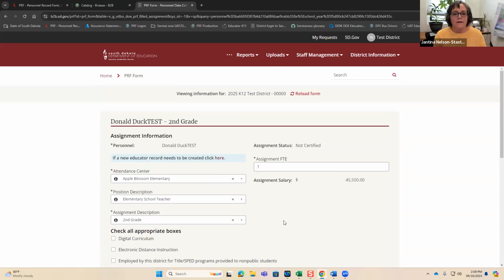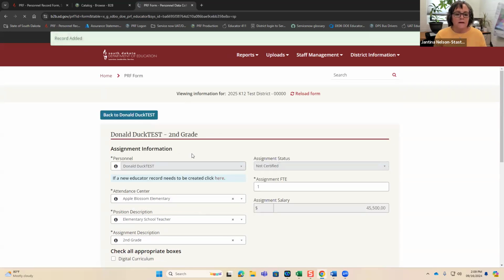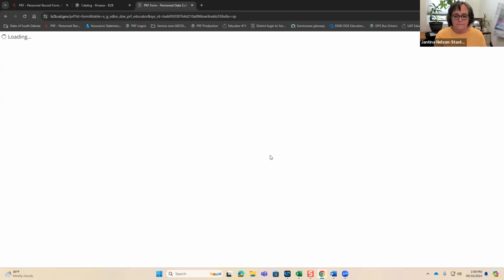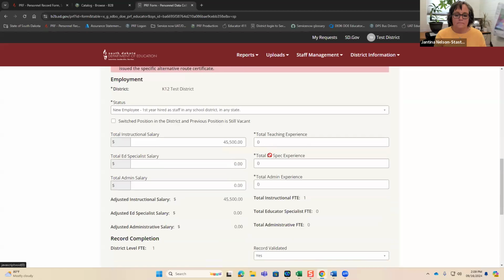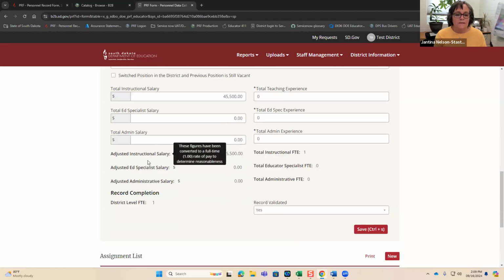Once that recalculates, we can go back to Donald's record. And you can see that the adjusted instructional salary for the full-time stayed the same.